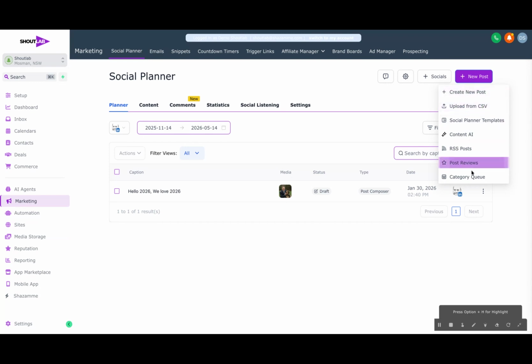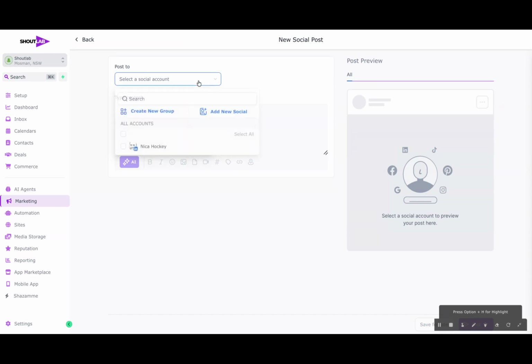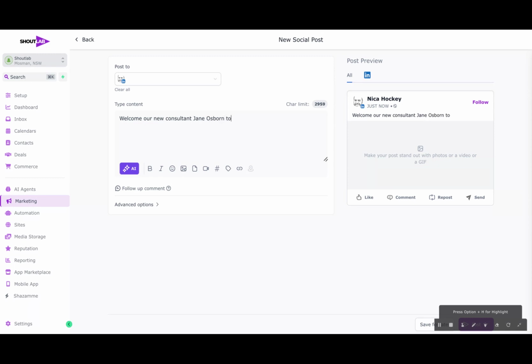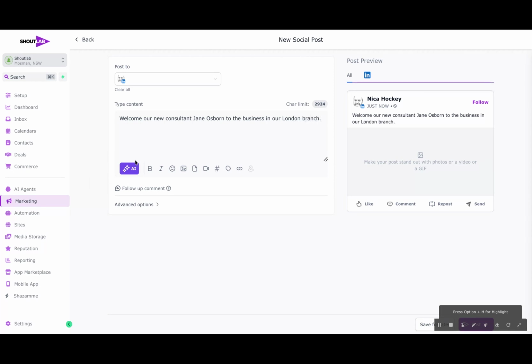So as you can see here, a lot of options. But let's go with the most basic ones. Let's create a post. So imagine you've got 20 accounts here. You tick them all, and all of a sudden they appear here. So you can, for example, say, welcome our new consultant, Jane Osborne, to the business in our London branch. So very boring, but let's now AI